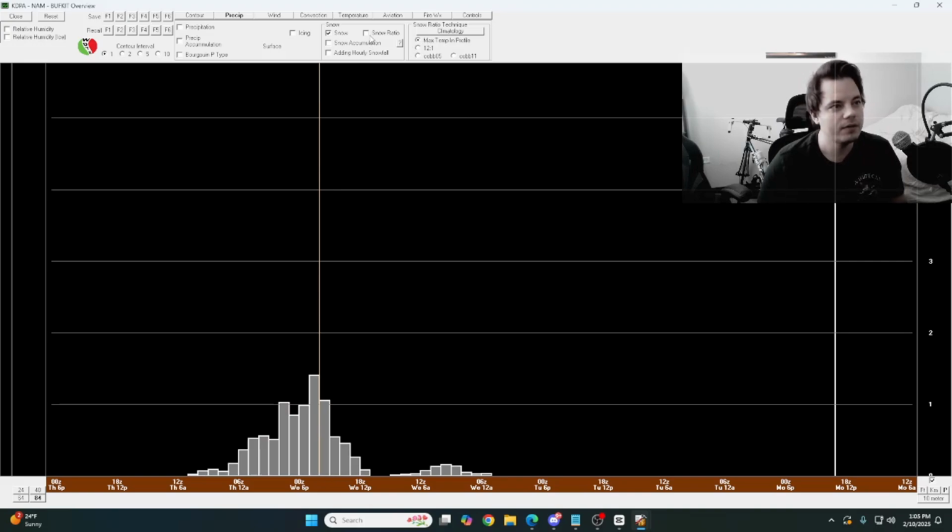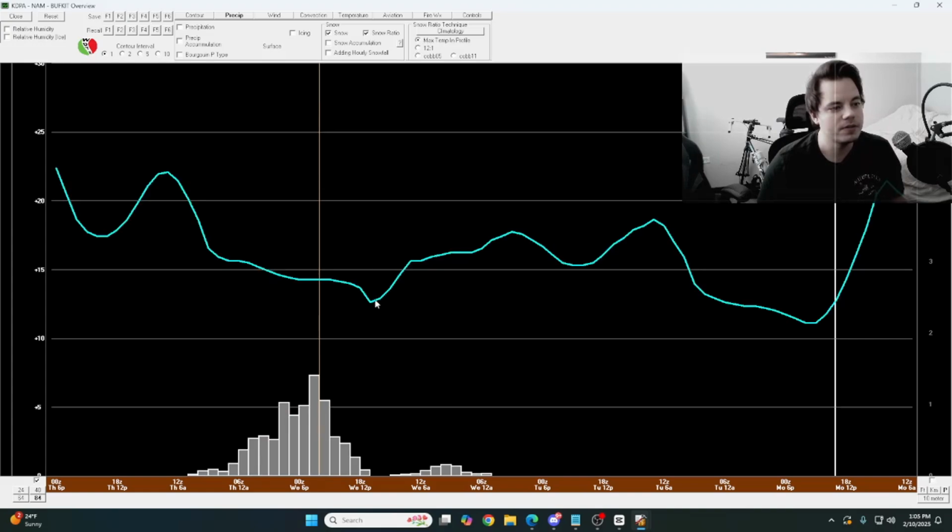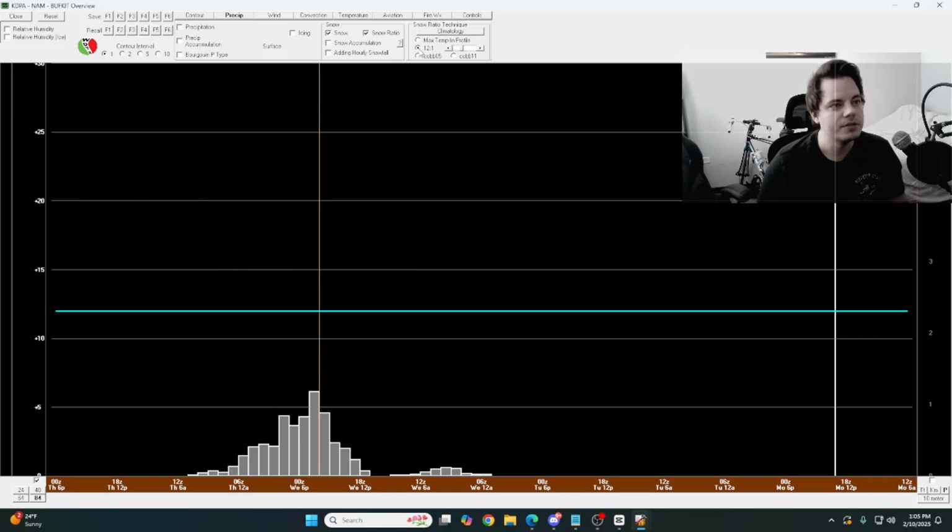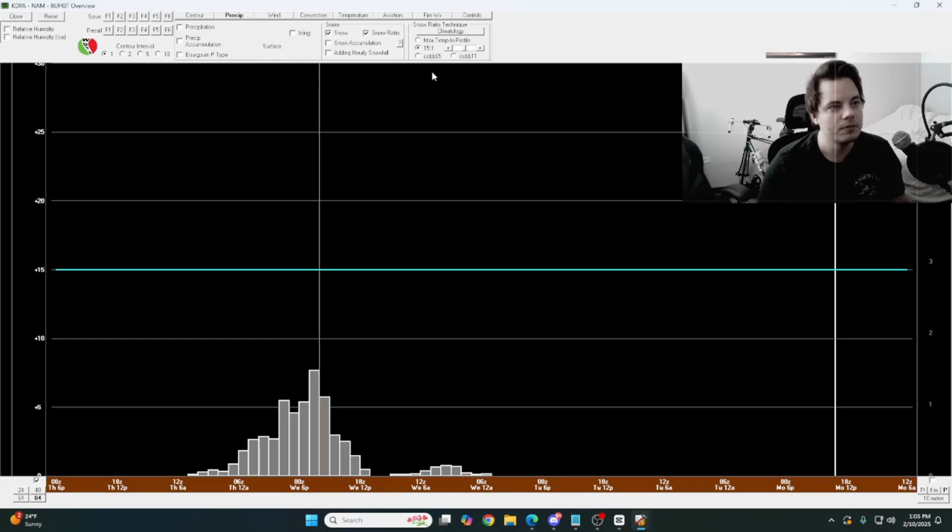You can look at the snow ratios visually as well, like this. You see as the system moves, the ratios change as well. So about 14, 15. I think it's fair to say that it will average out to about 15-to-1 ratios, but as the system moves, ratios change. They do not stay constant. You can change it to 12-to-1 and see what it would be like if we just do a perfect 15-to-1,